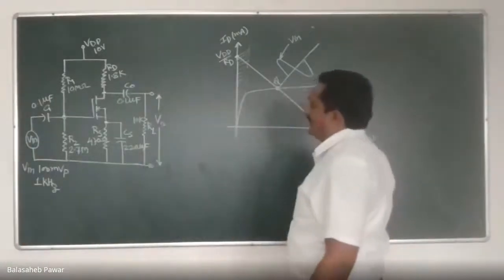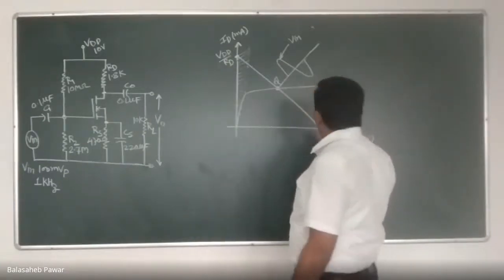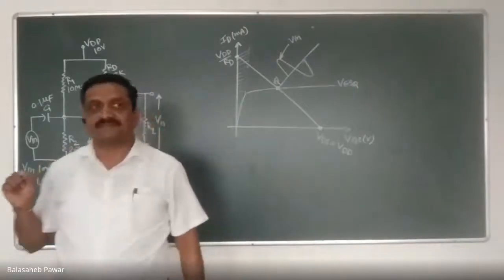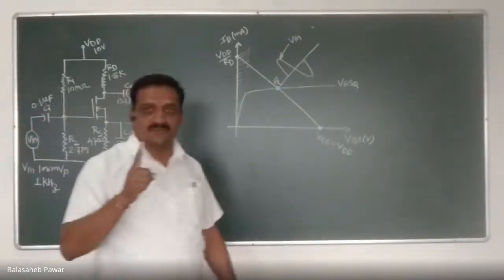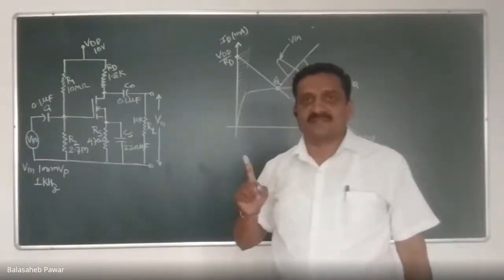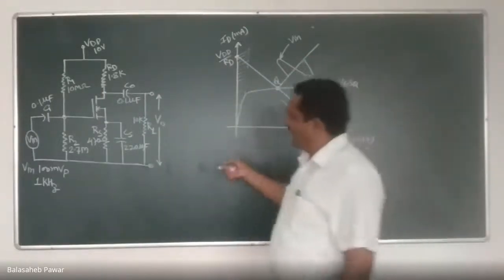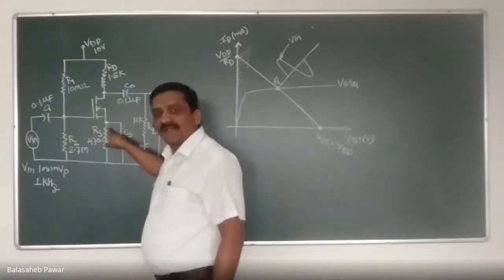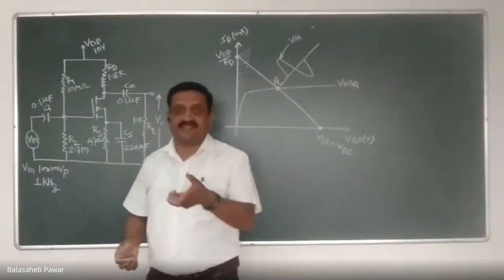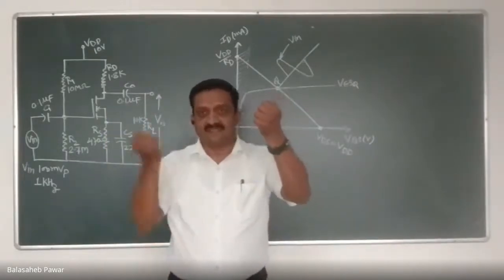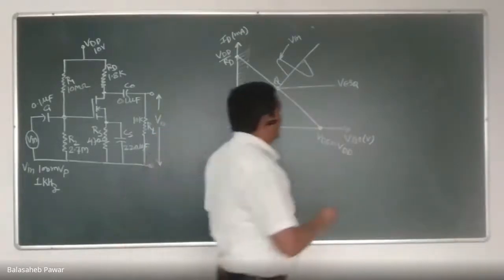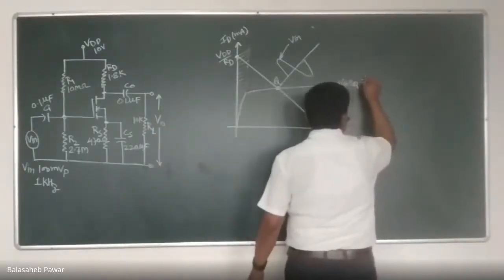So as per our previous analysis, how much was the value of this VGS_Q? I think it was 1.1 volts. Do you agree with this? VG was 2 volts. VS, I think, was 0.94 volts. That is the drop across this RS. And by that, the set VGS, that is the voltage at the gate with respect to source, that is VG minus VS, and it was 1.1 volt. Yes or no?